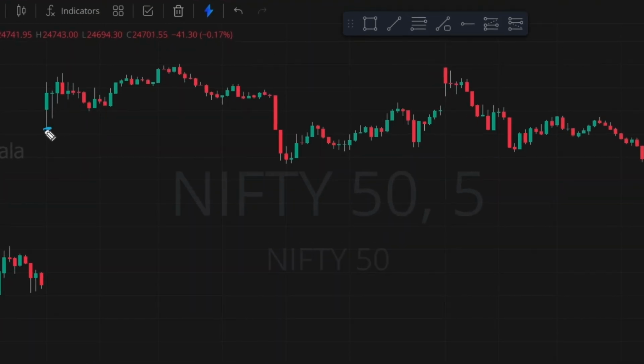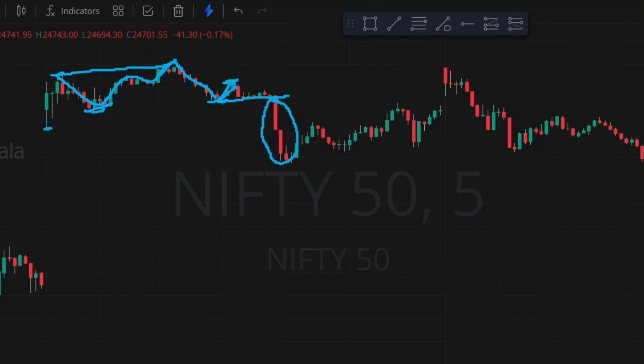See clearly. This is a low point, this is a high point, and this is a higher low, and it consolidated in this range and it gave a breakout, a fake breakout, and after that nothing happened. There is a low made, this is a higher low, and this is another higher low, and after that it made a lower high once again and it broke this level. After that, you can see what happened. In just 1 or 2 five-minute candles, it made this kind of move. You can capture these kinds of moves